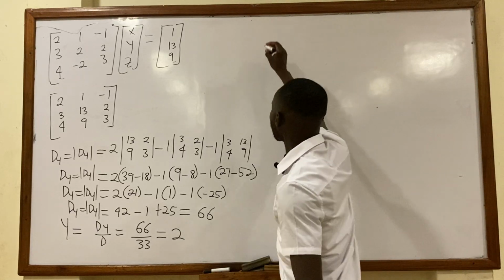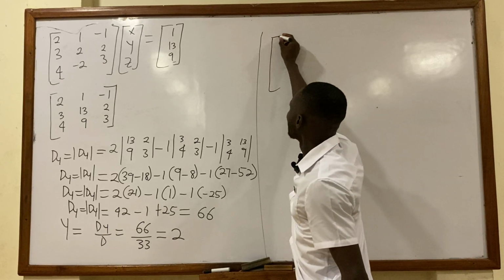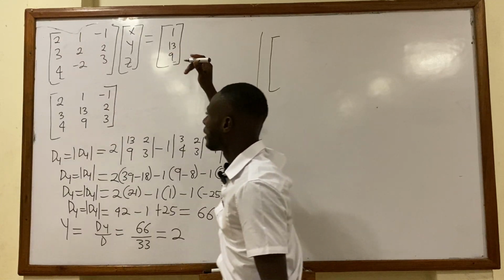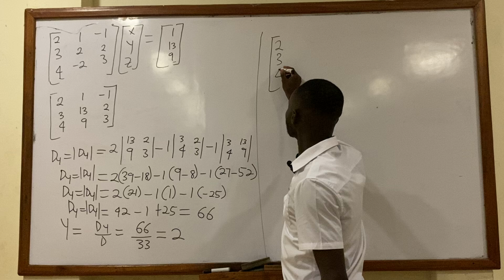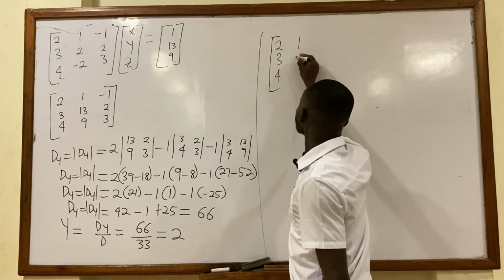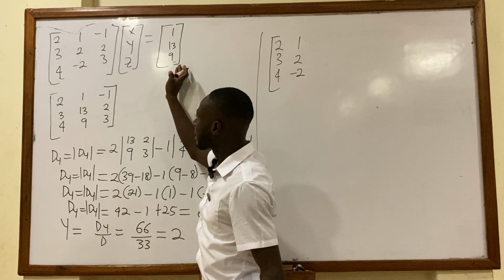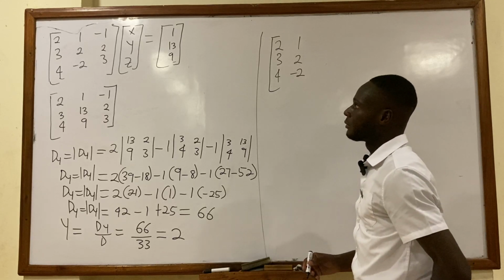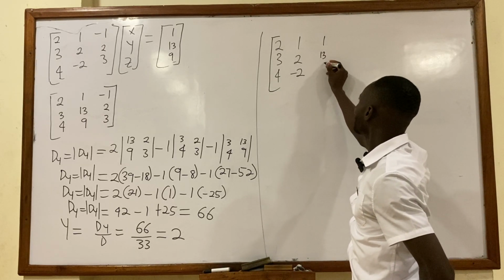So for the z, we write the x and the y columns, all the elements there. We write them, and then we substitute the constant column in place of the z column, right? So we have 1, 13, and 9,